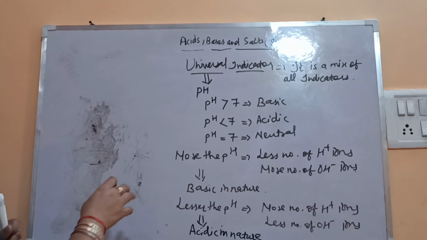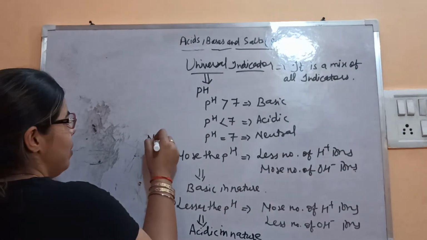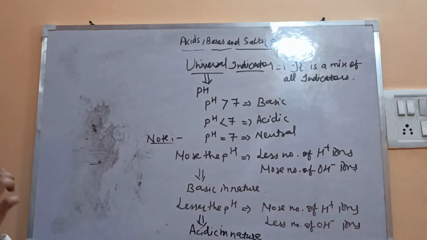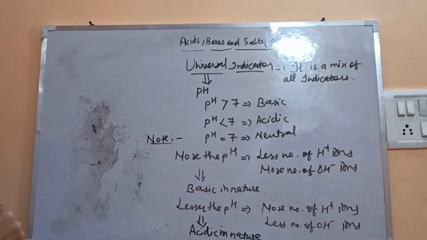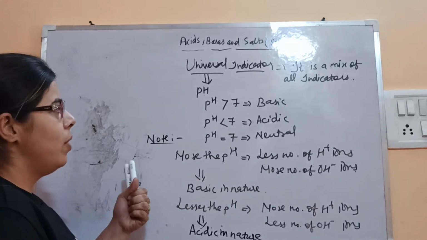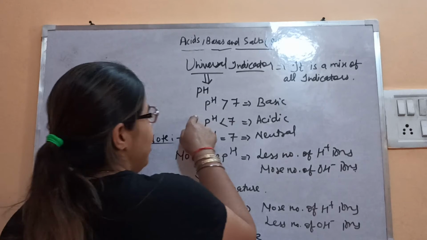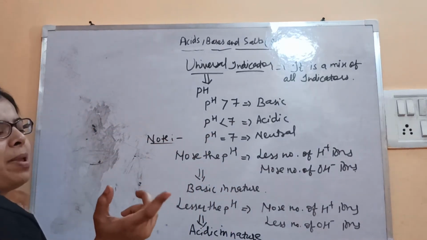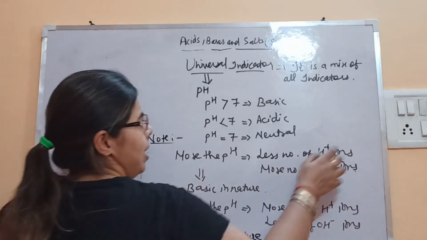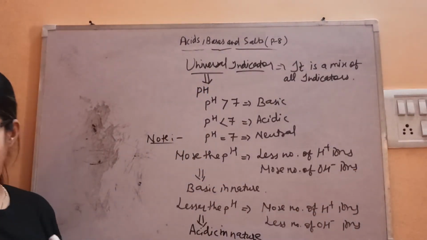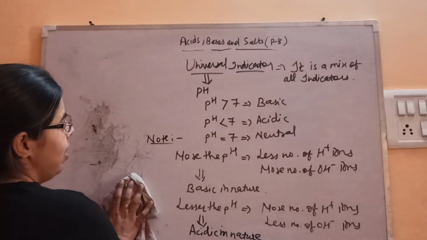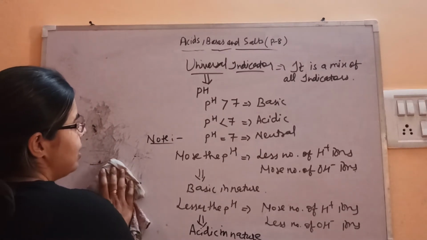So this only you need to understand. You can just note it down as a note point, or these are very, very important points. With the help of this, you can easily identify whether the particular substance is a weaker acid or a stronger one, or a weaker base or a stronger one, with the help of the pH value. Okay, so with the help of this only you will come to know whether it's basic, acidic or neutral. Fine. So let's compare in terms of H plus ions, more the number of H plus ions or lesser the number of H plus ions.